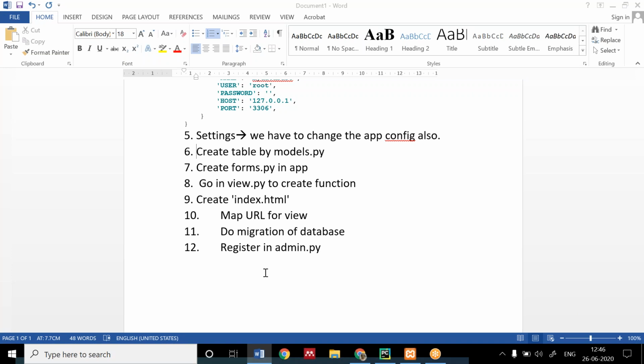Okay. When we change the configuration in settings, then the next step is creating our table in models.py. Creating tables in models.py and setting metadata